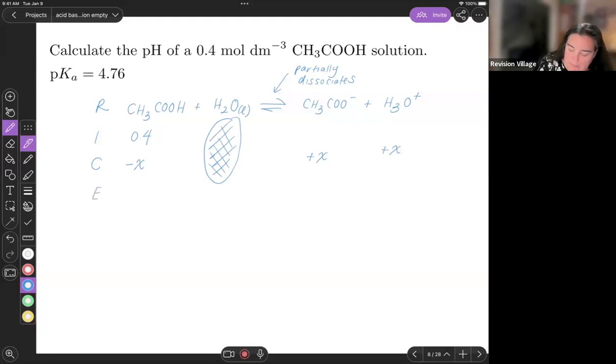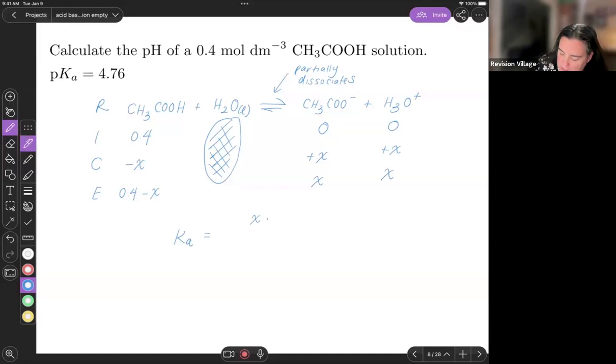At equilibrium, I'm going to take the initial amount of ethanoic acid and see how it changed. I started with 0.4, but it went down a little bit. I started with 0 of the ethanoate ion, and it went up a little bit. I started with 0 of the hydronium ion, and it went up a little bit. So I have figured out the equilibrium concentrations of all of the species, but I also know how to write